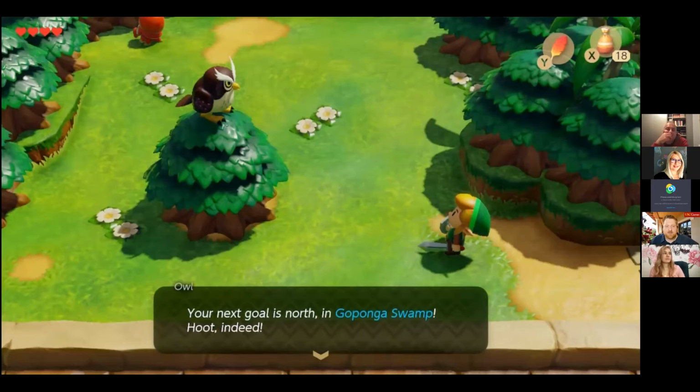So this is again a remake, a remake of Link's Awakening that just came out on the Switch, where that character is this owl, and the owl shows up every once in a while to tell you where you should be going next, what you should be doing. And you don't have to do it, or you don't have to do it right away. You can go do other stuff first. But the owl is there to direct you towards, this is where the story is going to continue.